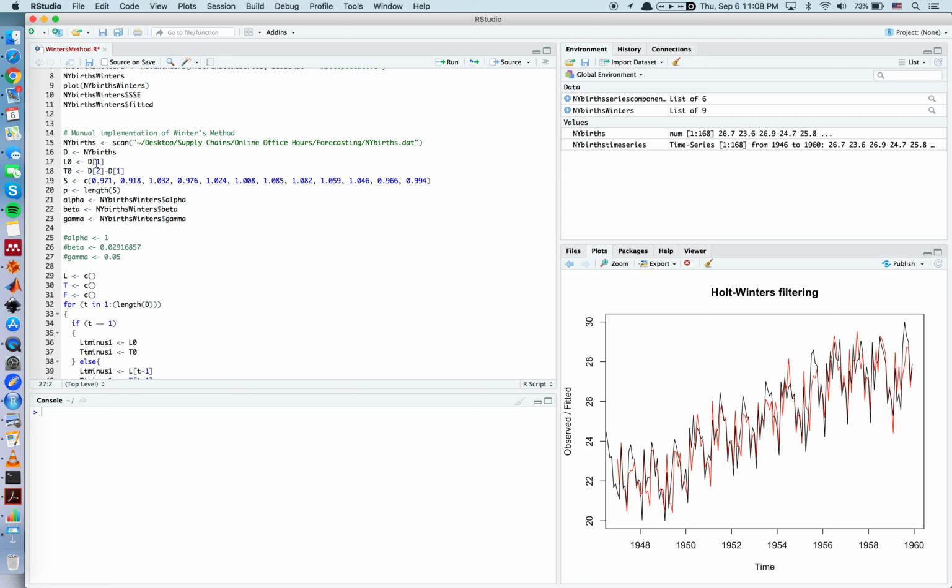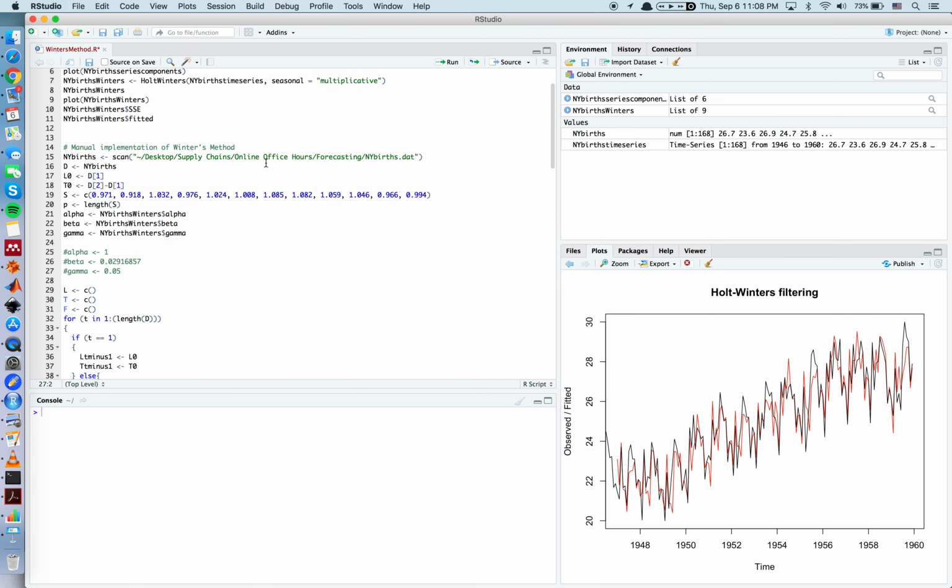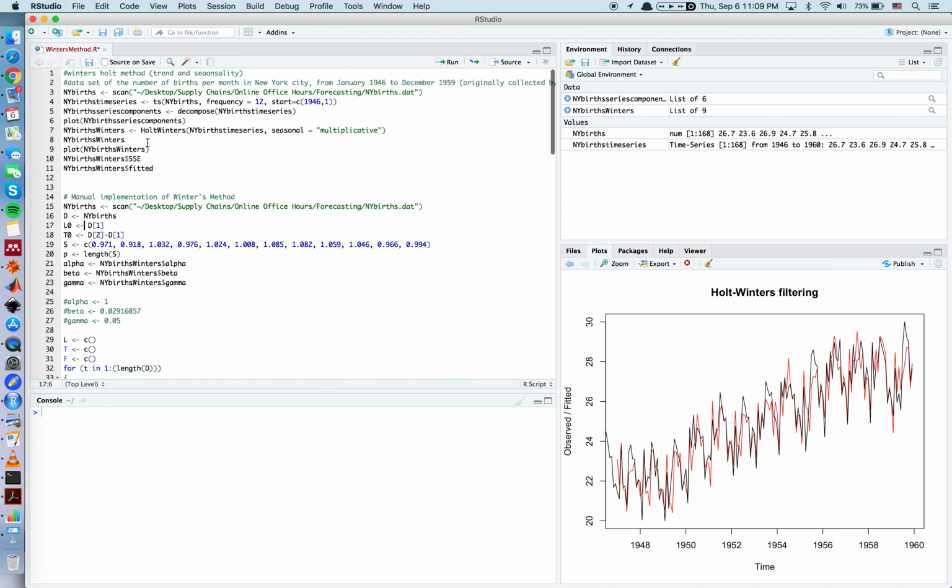So the initial level, I'm going to put it to be the first data point, so the first demand. So this is not actually a demand in this case, but we're going to keep using demand. And the initial trend, we're going to put it like this. And the seasonality factors, I'm going to use just the optimal values computed before,